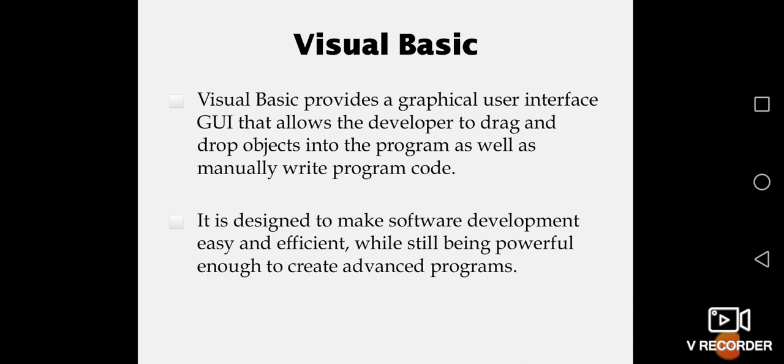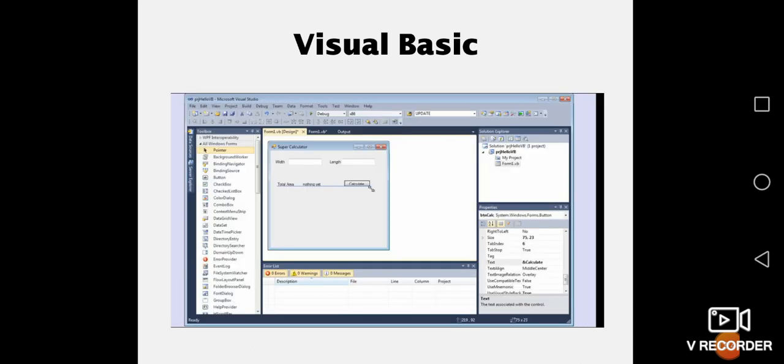Okay, I'll show you how it is. You can see here pointer, background worker, button, checkbox, all that data will be available over there, and there will be a place where you can drag and drop. In the gray color window you can drag and drop it as you wish. However you want to design your software, you can do it over here very easily.